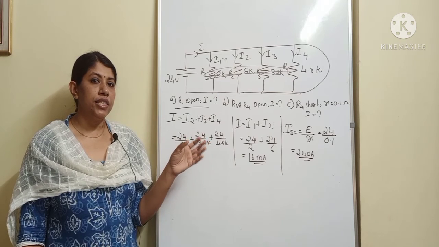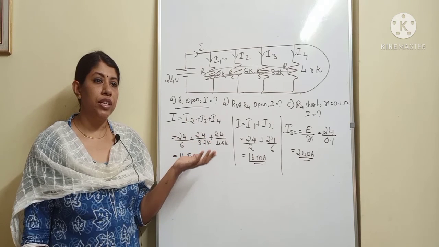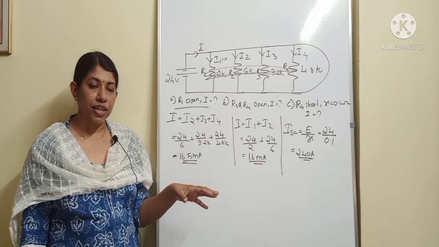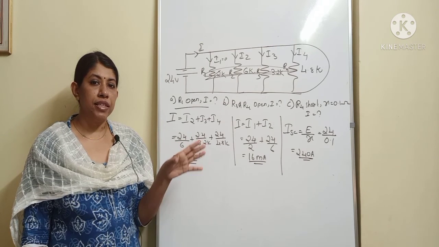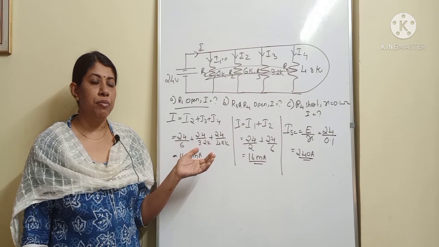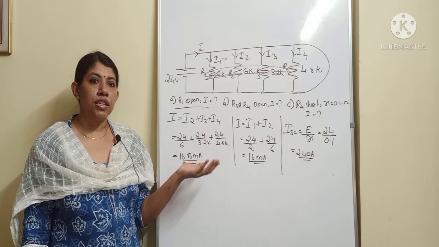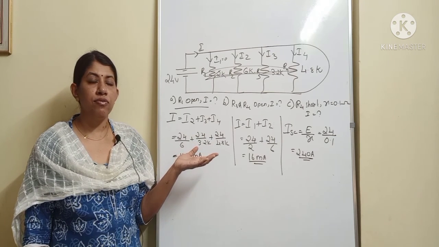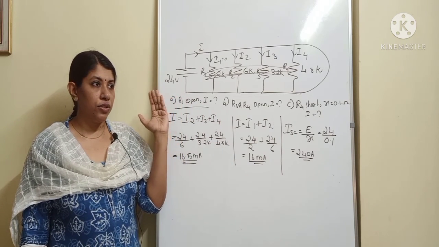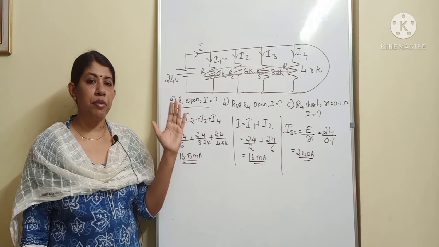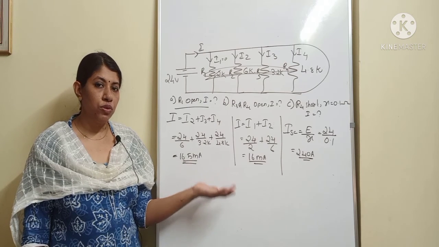Now we have studied different techniques to solve series connection and parallel connection. If you are given a circuit and asked to find the value of the current, there will be many methods, and how to choose a particular method depends on the question. If you are asked to find the branch current, then you have to find the individual branch currents. In some questions they will simply ask for the value of the total current. Then you have to solve the network accordingly. So choose the method which matches that particular question best, so that you will get the answer very quickly.